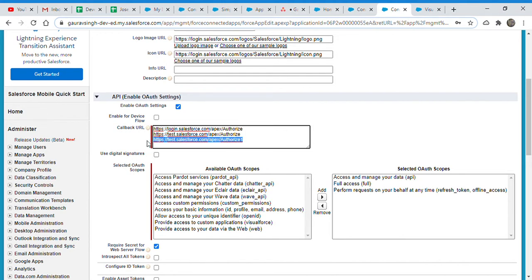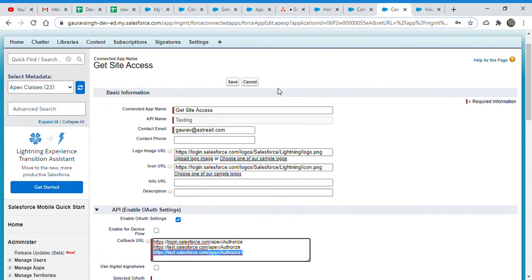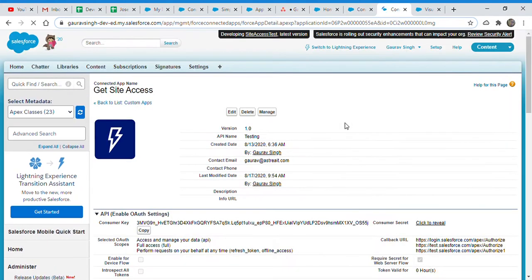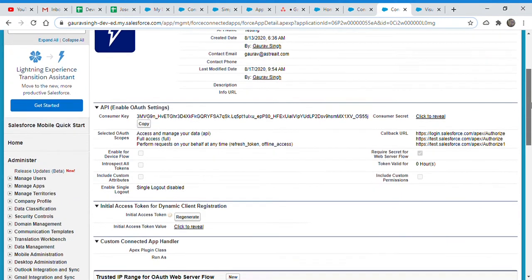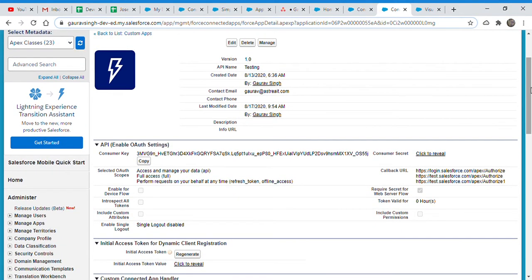Just like Google apps, if the admin sends us the callback URL from the setup to add, we can add this in our connected app, and in 2 to 3 minutes it will be updated. The thing about the connected app is that we can create it in any Salesforce org, and then we can use it throughout Salesforce. We don't need to have the connected app in that org or in the package.